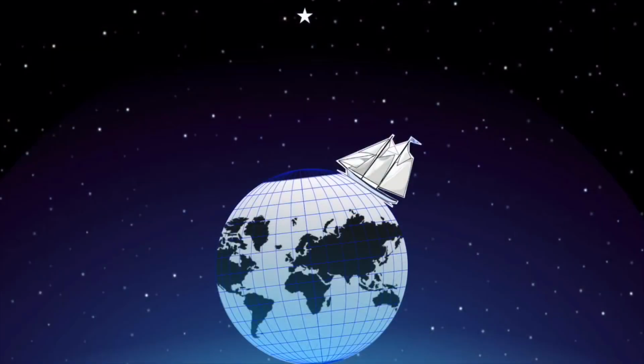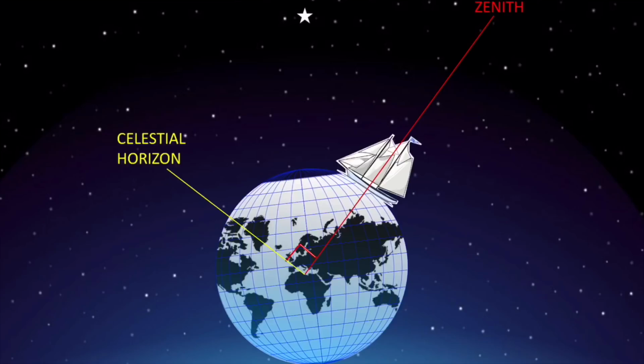So what have you done to keep your religion of a sphere Earth semi-plausible? You've presupposed that that line, 90 degrees above your head, the zenith, actually runs to the center of your presupposed spherical Earth. And 90 degrees from that, you've made up a new horizon, the celestial horizon, which you say is a horizontal plane passing through the Earth's center, perpendicular to the zenith. So, after presupposing all these things, you can now use your sextant.